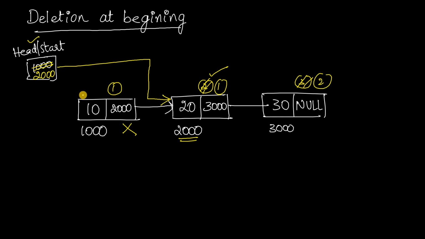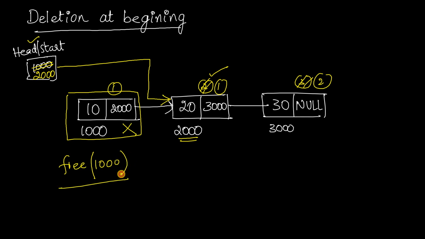And one thing we have to do here is free this memory. So for that we are going to use a function called the free function. What is the address of this node? That is 1000, right? So we have to write free of 1000. In the program, if you write like this, this memory will be released so that it can be used for